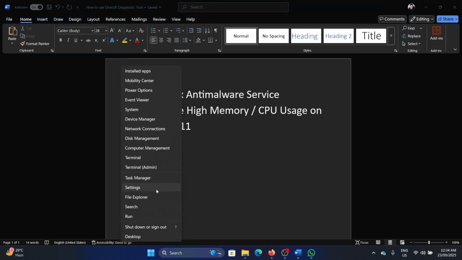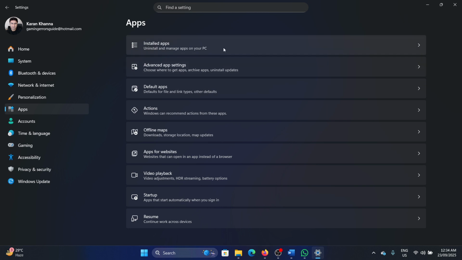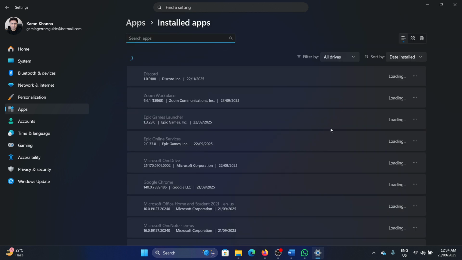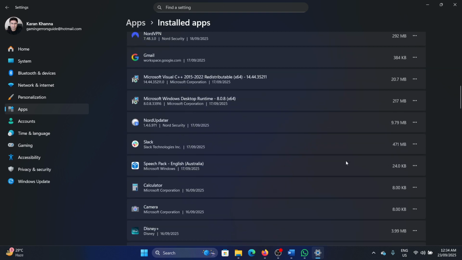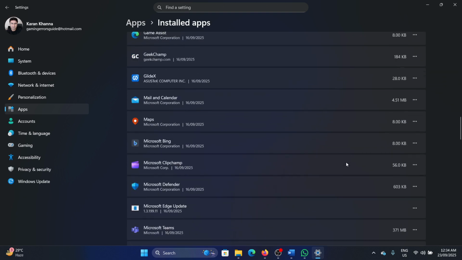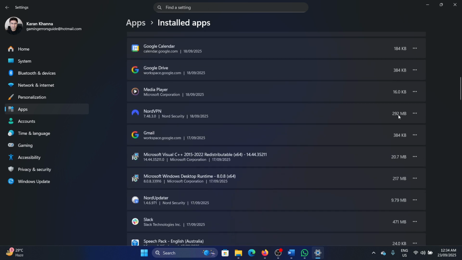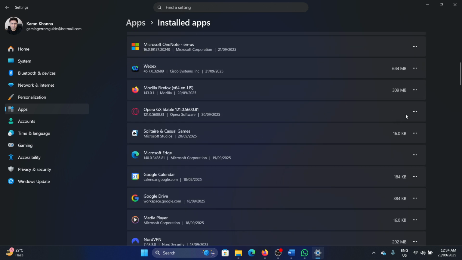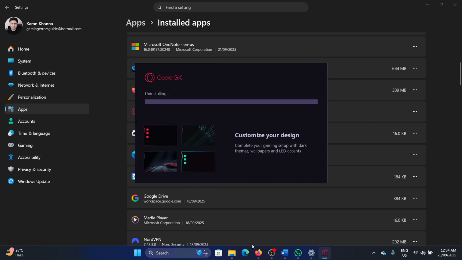Right click on the start button and select settings from the menu. Go to the apps tab on the list on the left hand side and select installed apps. Then you can scroll down to McAfee, the McAfee app, or any other app that is associated with the security. So simply click on these three dots and uninstall that application. Basically, you should not have any third-party application here. Now, once this is done,